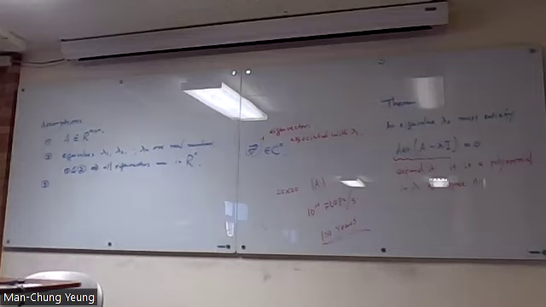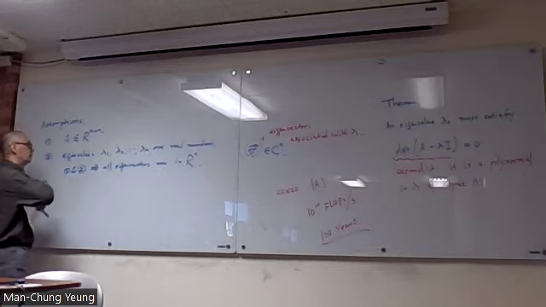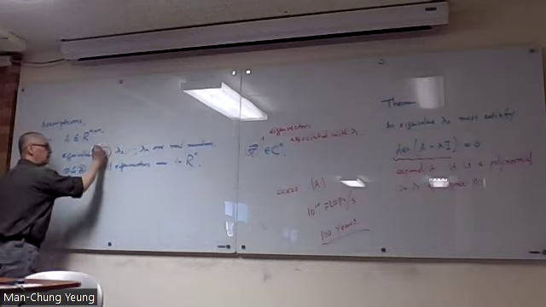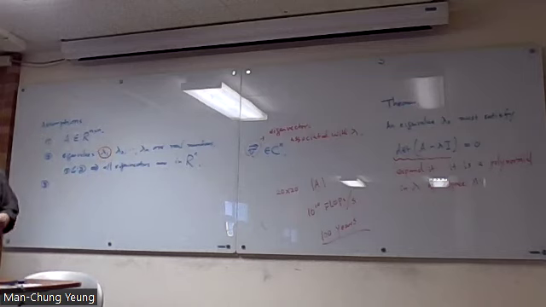Power method. Compute the dominant eigenvalue, the eigenvalue that is the largest in absolute value. Let me make an assumption. This one is the dominant